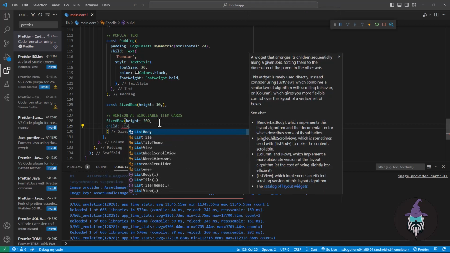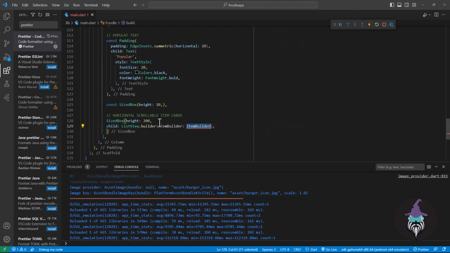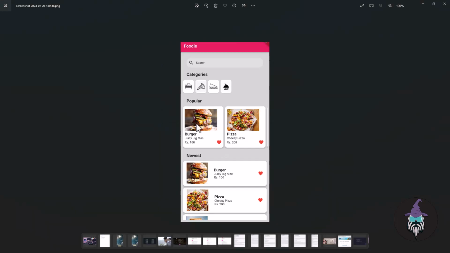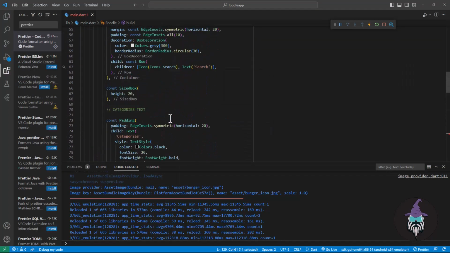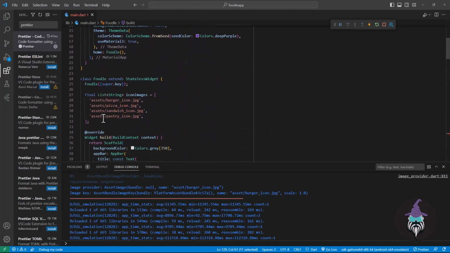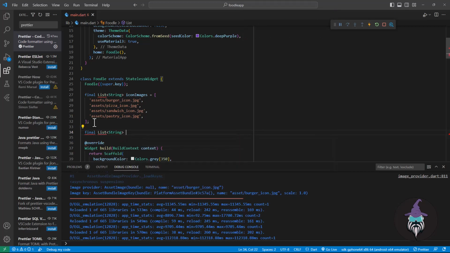The child will be list view dot builder. So again we have many cards, so let's make it dynamic. Let's create a new list. So right below this icon image, create final list of string, and we will say it item